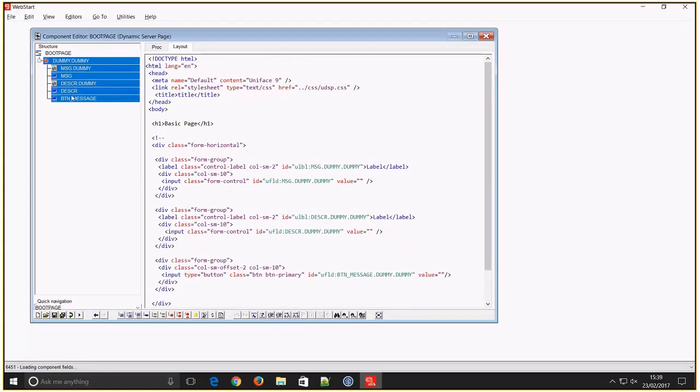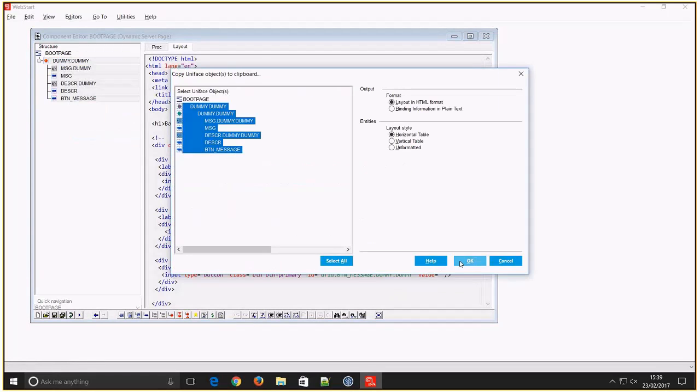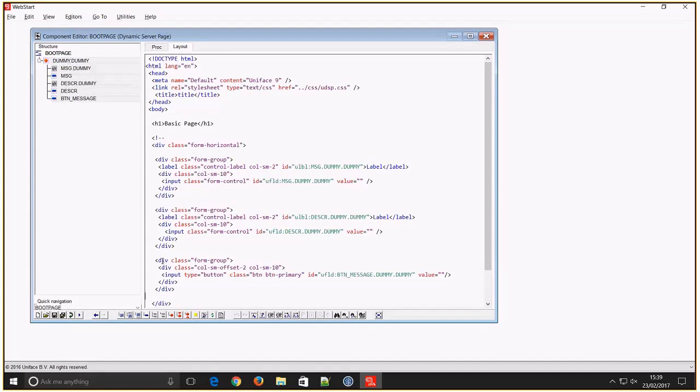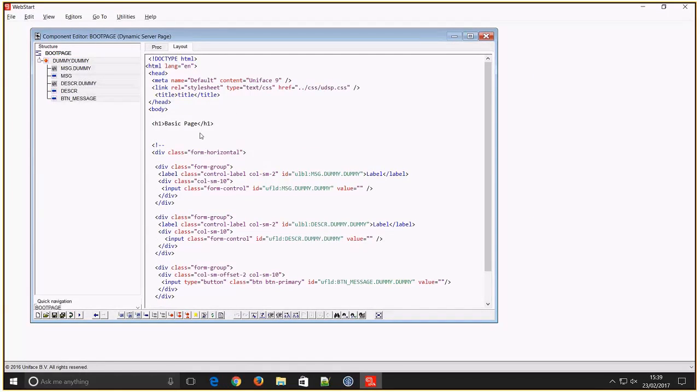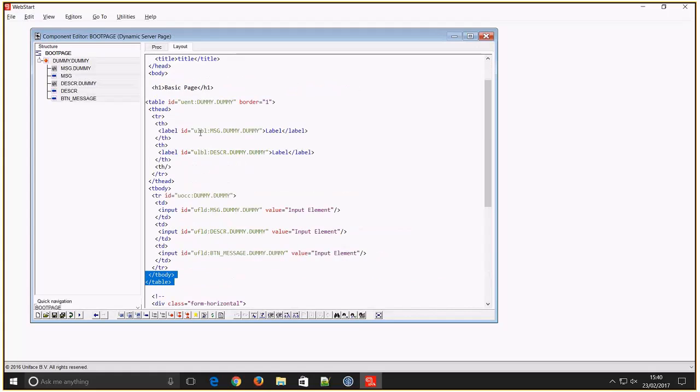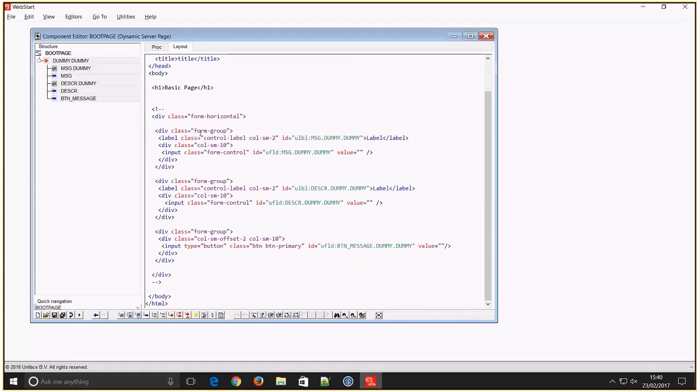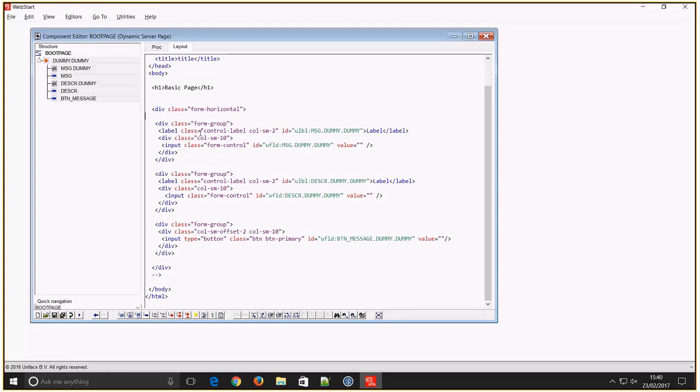The way it works, if you paint things in Uniface, I can just copy as HTML and I can paste it in here. Let's do it here. I've got some commented out examples there, but that would do it as a table. I can do it unformatted. Here I've actually changed it and put some styling around it to just say group it up together, use 2 columns for the labels, use 10 columns for the actual values. And the key thing you'd want to do here